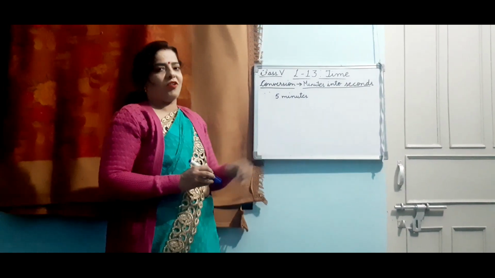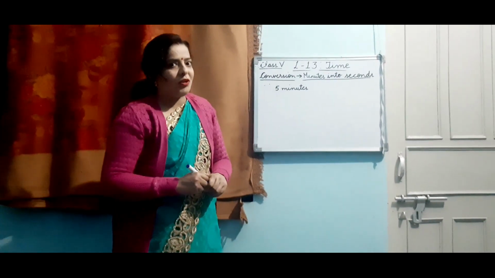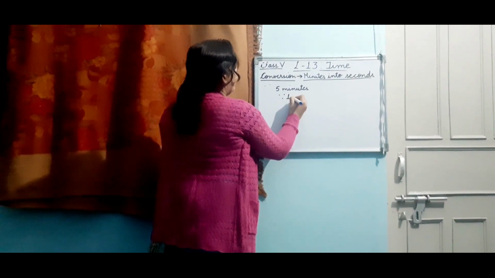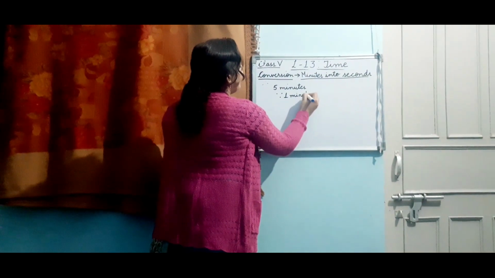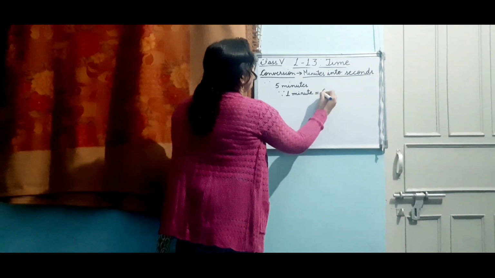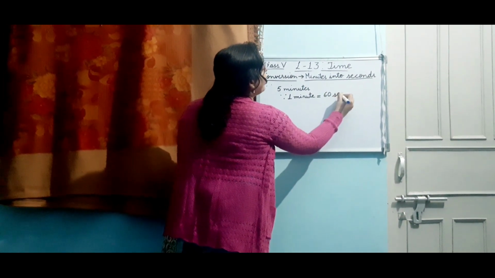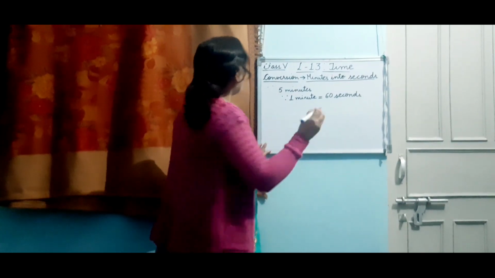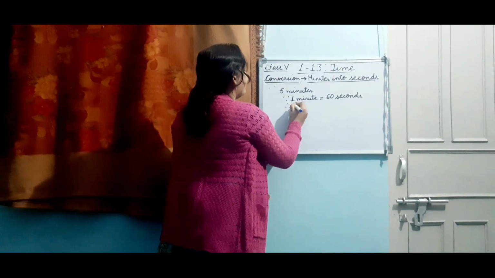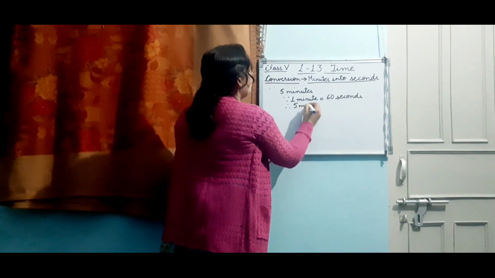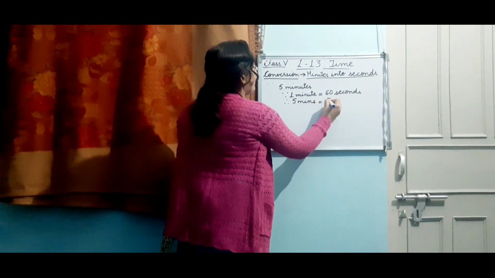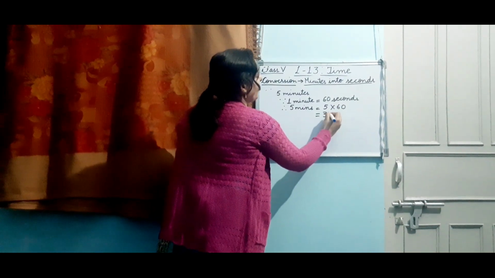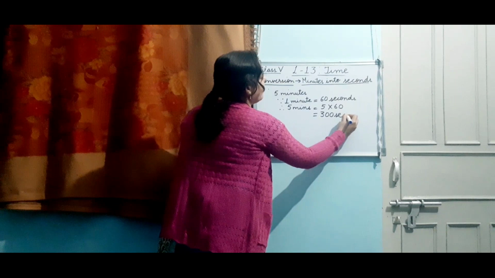Bigger thing is in the question. So now this formula we are going to write directly. So what is the formula? 1 minute is equal to 60 seconds. And we all know that if bigger thing is in the question, it means it is the case of multiplication. To get the answer, what you will do? You are going to multiply. You are simply going to multiply. Now what is the answer? 300 seconds is the answer.